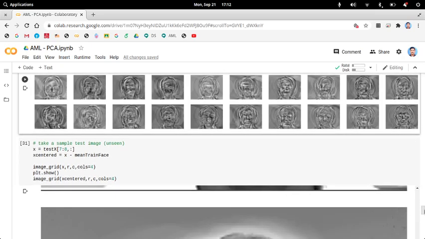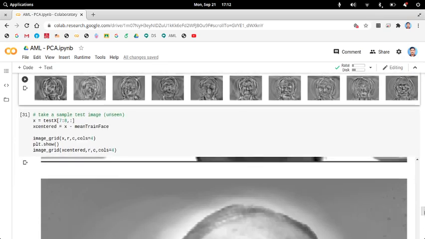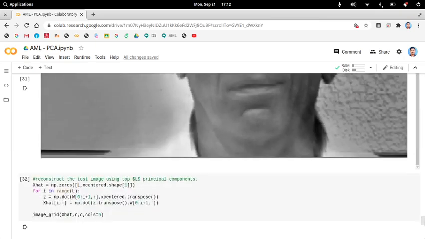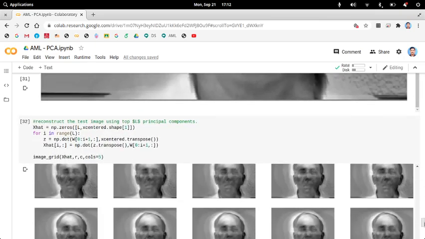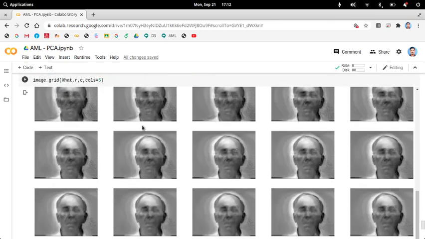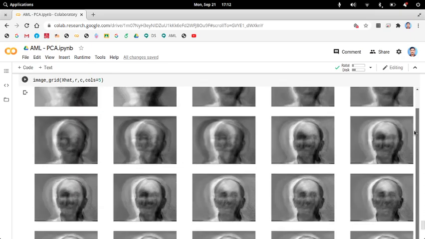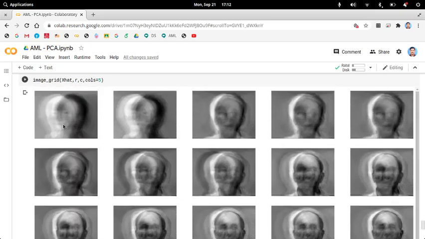Then let's say you take a test image and you try to reconstruct this from your eigenvectors. By using only the first eigenvector, you are getting this, the second eigenvector you are getting this, and so on.